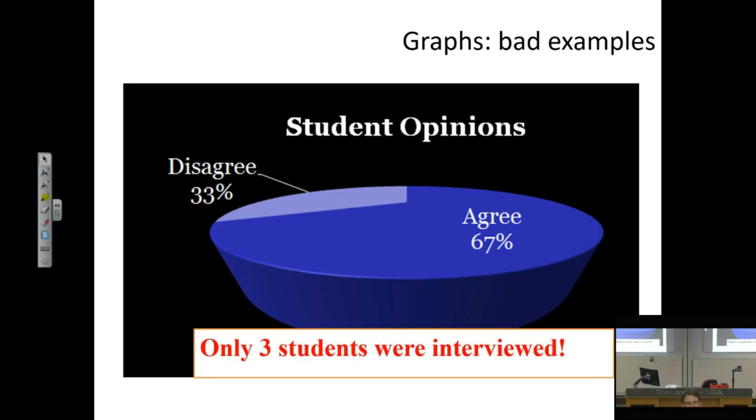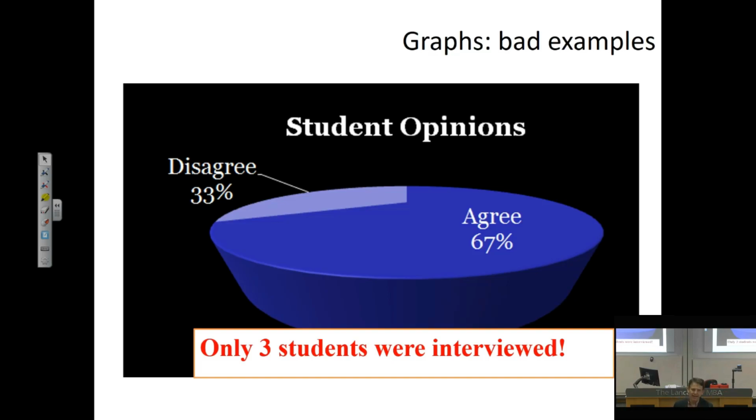One fundamental problem is that it might hide some of the values behind the chart, right? You might be just hiding the fact that you only managed to find 3 people in your sample, which is, from the statistical point of view, a crucial point of detail, because obviously this sample would be fairly small. We can't base any conclusions on that. But we wouldn't know from the 33%, because we could have asked 300 or 3,000 students with the same pie chart applying.